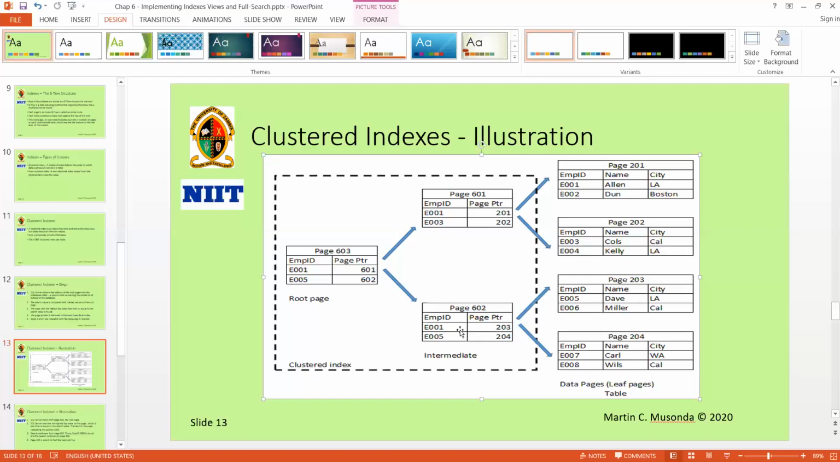That's the second step. The next is to continue the search from this one, which is page. So everything from E004 going up is found on page 602. If the value was not in this section, the server would have searched in this page. Okay, so it will go to this page,